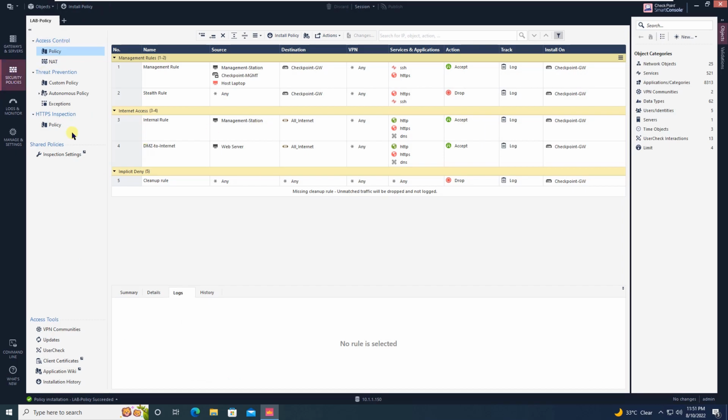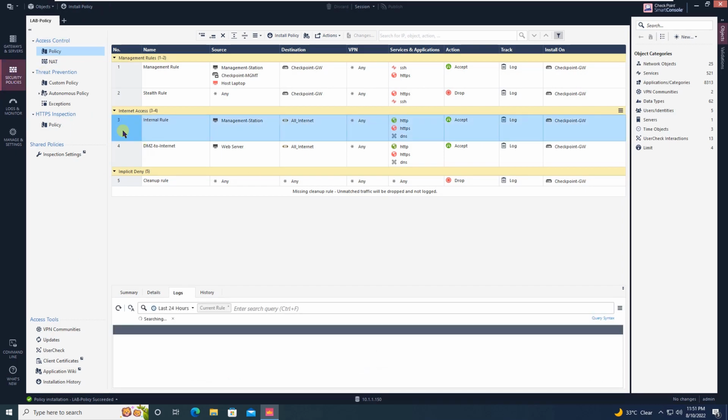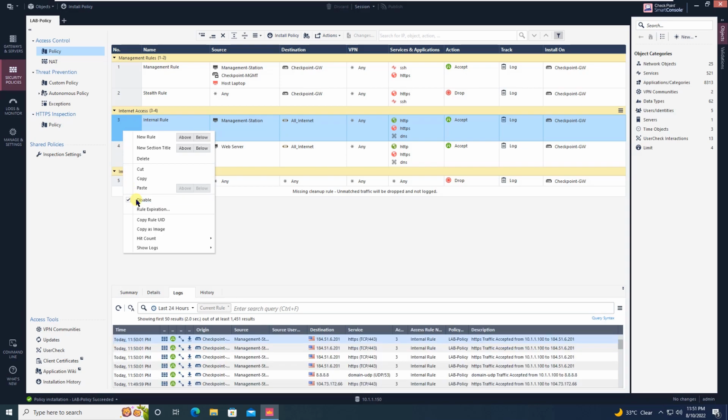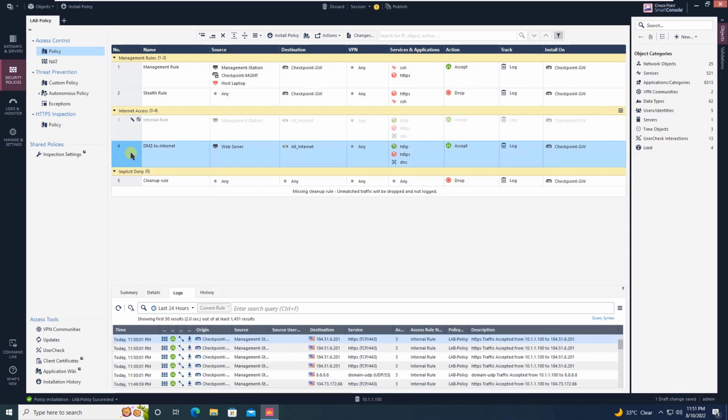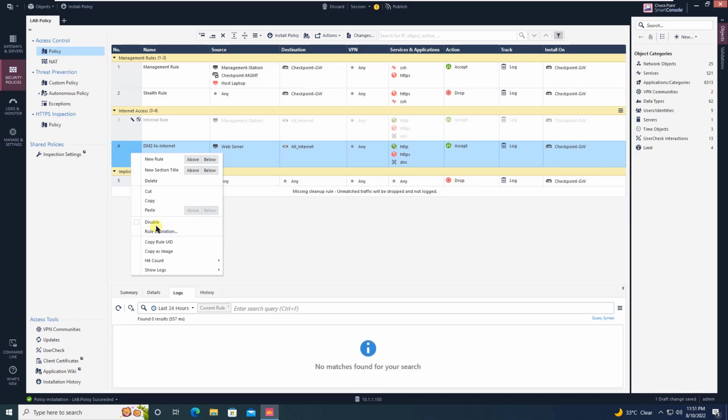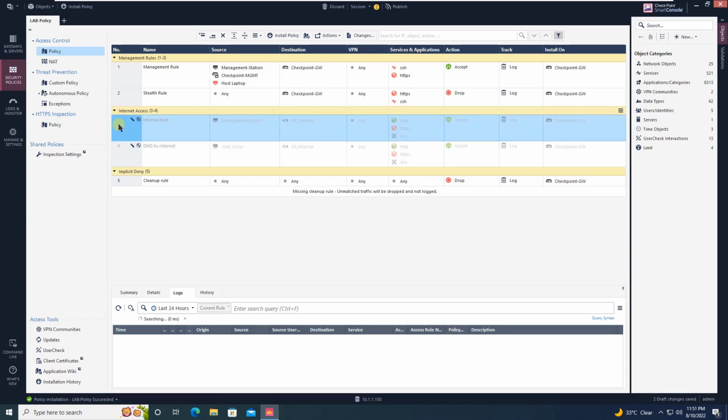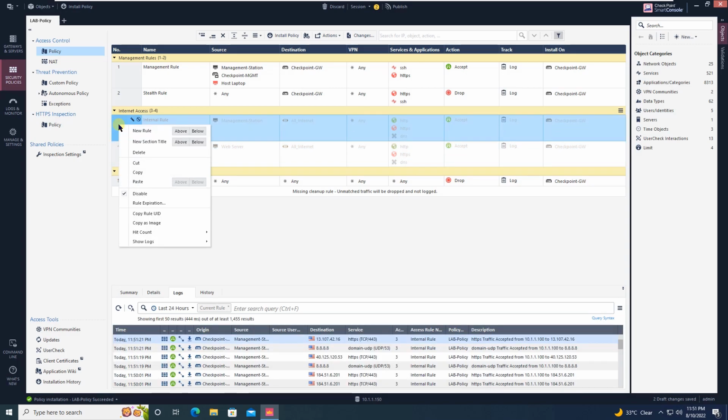Before we create a rule, we will just disable this internal rule which we have created. Let's disable this, and we will disable this as well for now. Now what we are going to do is create an access rule above this. New rule above,